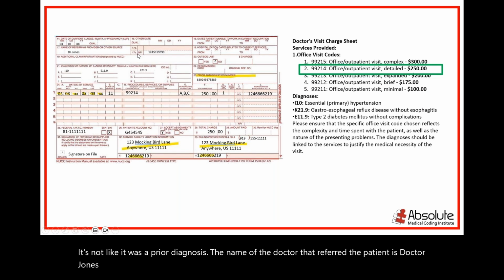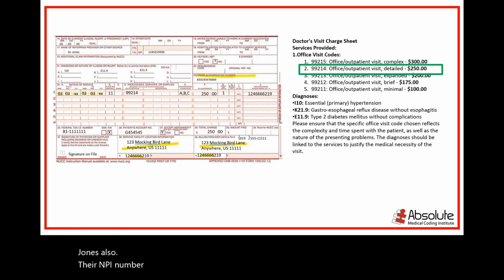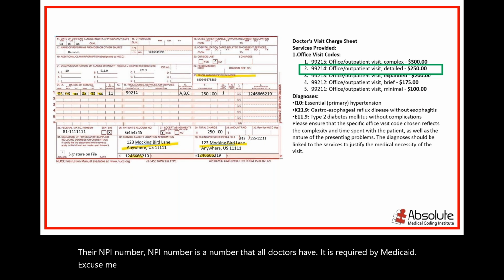Also, their NPI number. NPI number is a number that all doctors have. It is required by Medicaid, HIPAA, and this national provider number will identify anyone who bills for